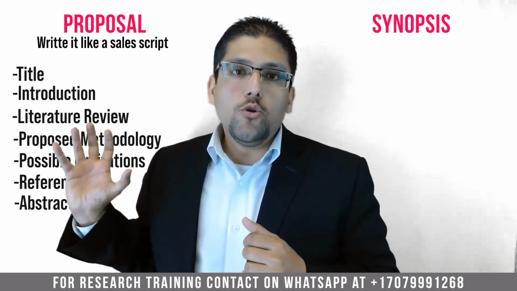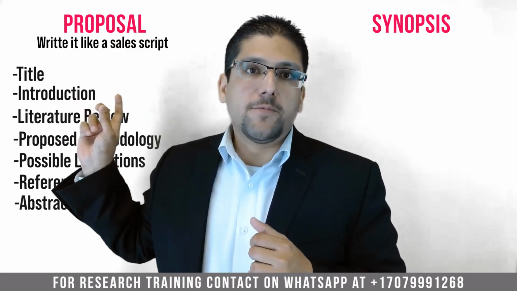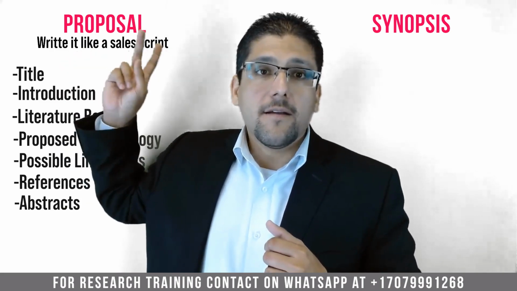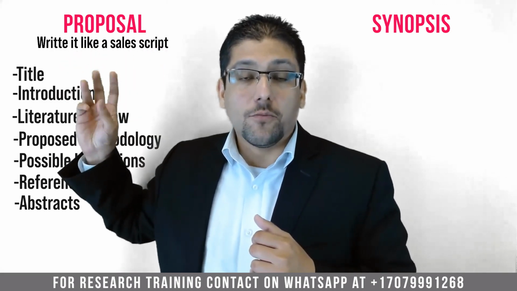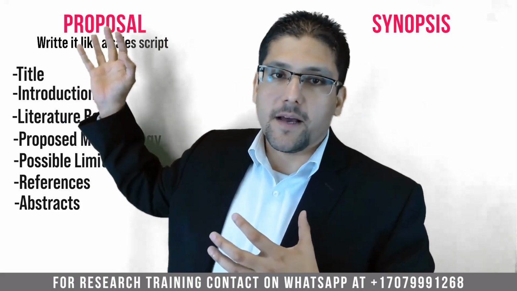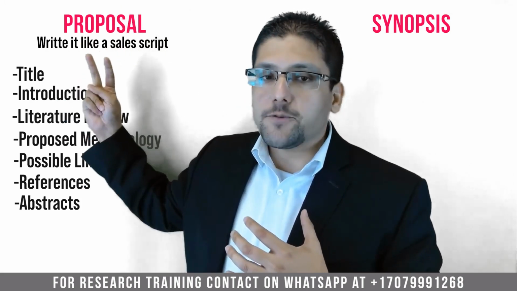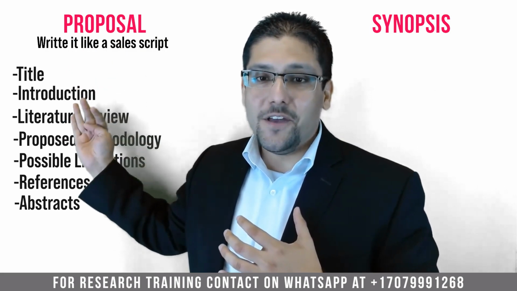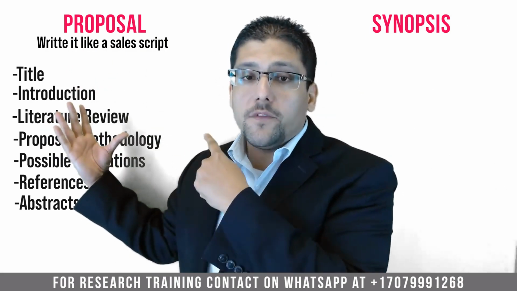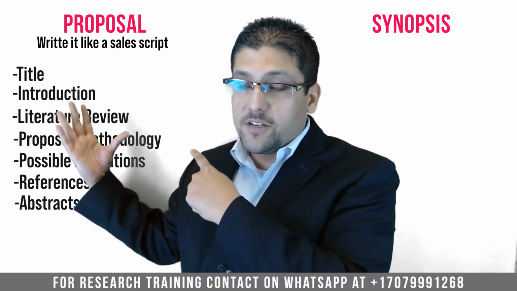So what do you do in the proposal if it's before starting the project? Introduction, but first abstract, introduction, literature review. But before that, title page. So let's do it this way. This sequence is better: title page, abstract, introduction, literature review, then the methodology. The methodology is the very important part of the proposal letter, the research proposal.